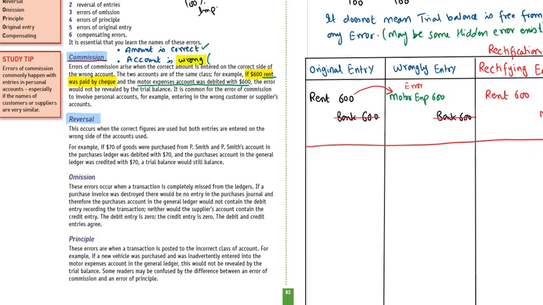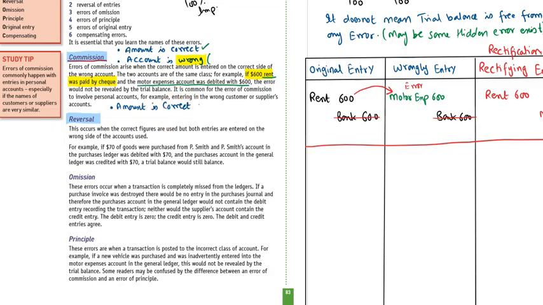The second one is the error of reversal. What is the error of reversal? In an error of reversal, this occurs when correct figures are used but both entries are entered on the wrong side of the account. So in this case, the amount is correct, but recorded on the wrong side. The amount is correct,